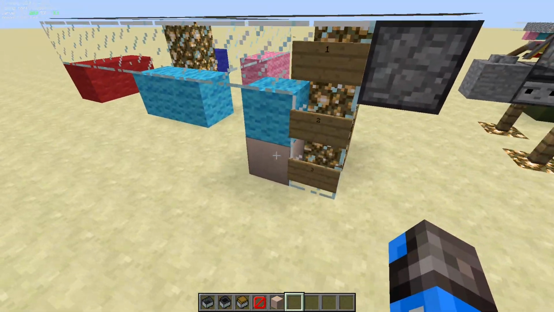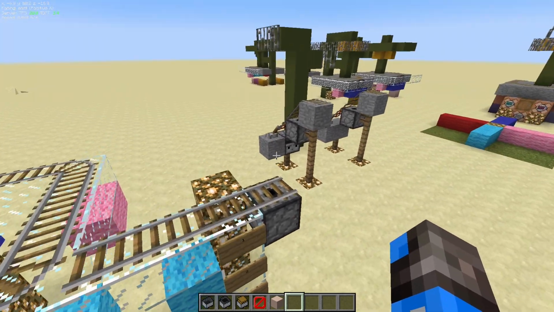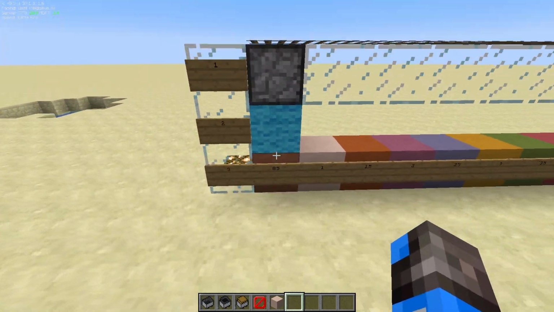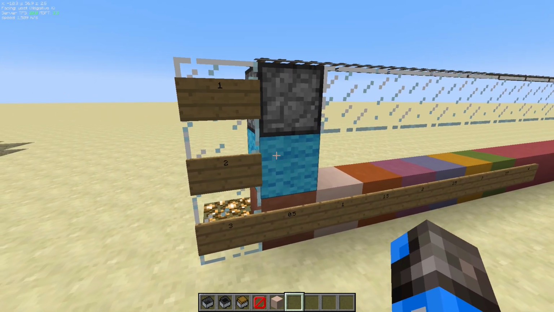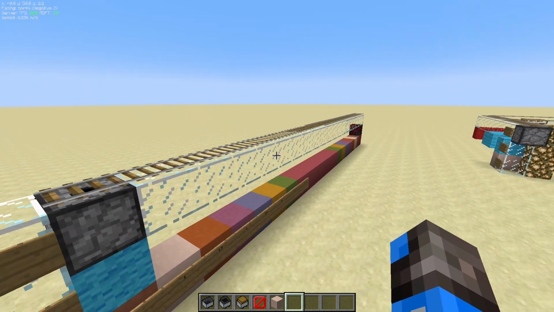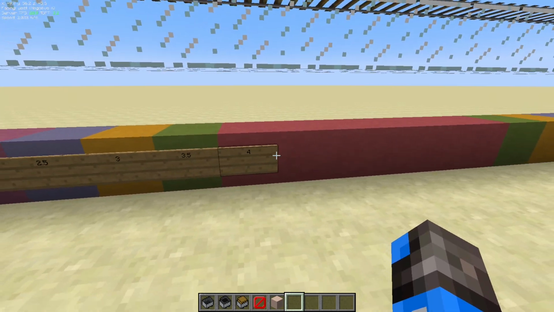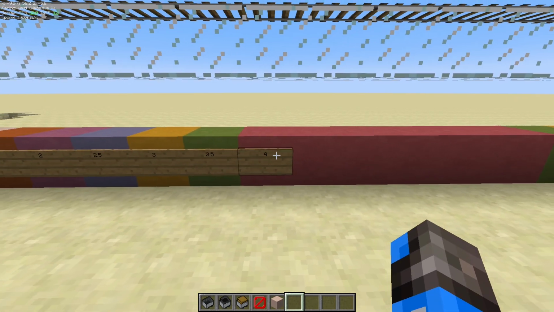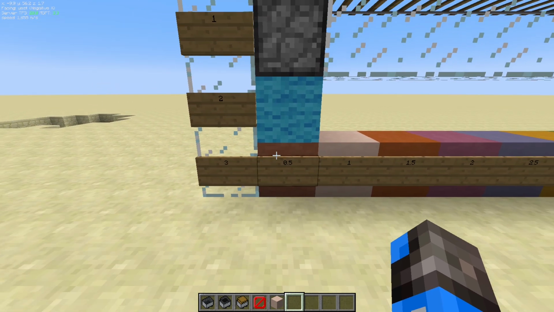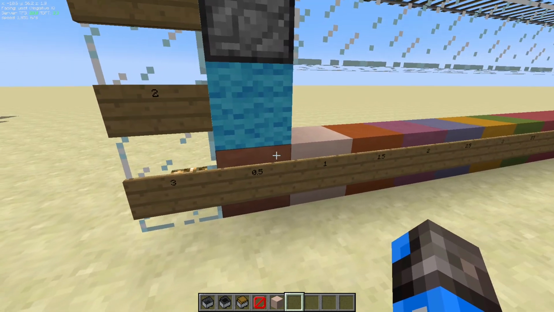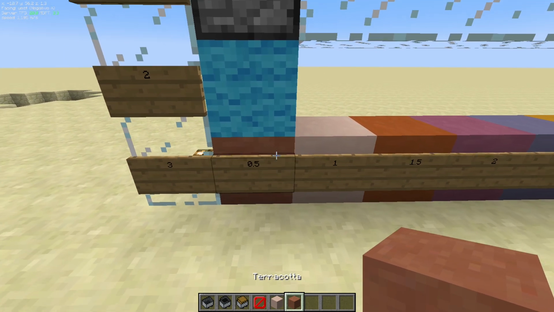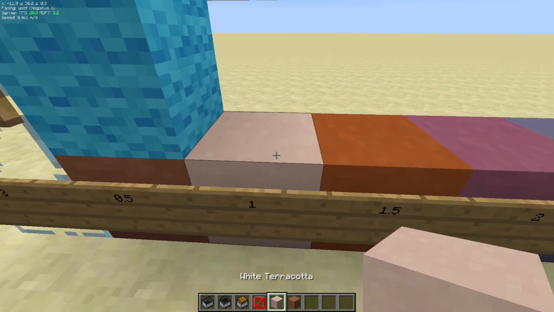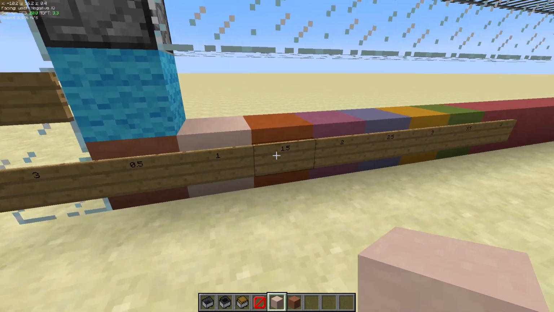So what about the speed? Well, this over here is the speed demonstration thing, and this goes up to, I think, 6 meters per second max as of current. And how it works is that this here is just terracotta, and that's 0.5. White terracotta is 1, and how I made this